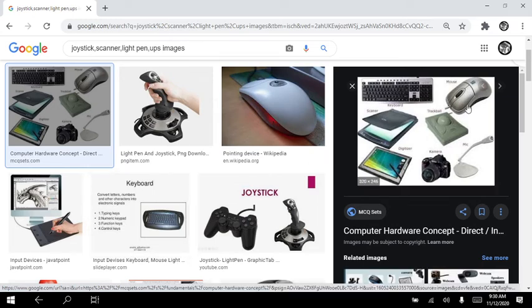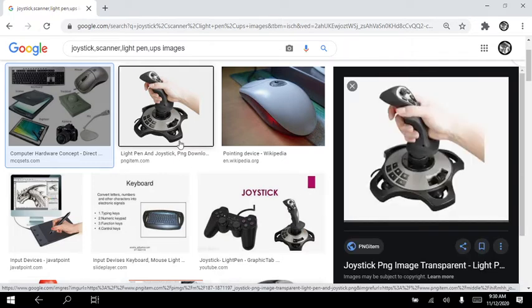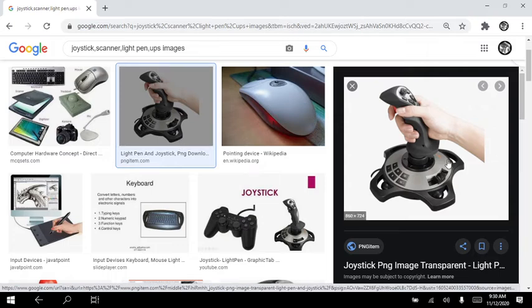You can see a keyboard, mouse. This is the scanner. Okay. And you have a tabloid here which has a light pen. Can you see that light pen? Then scanner, I think I've already said. So that's a joystick. This is a joystick wherein you play the video games.